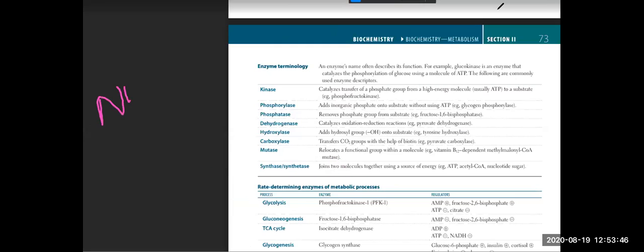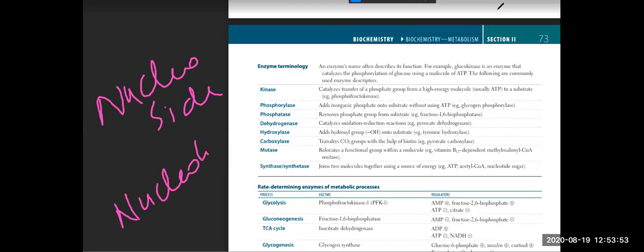We have these two words, nucleoside and nucleotide. From the word nucleotide, the T, remember tri, and the remaining one, nucleoside, take it as bi. Why? The reason is